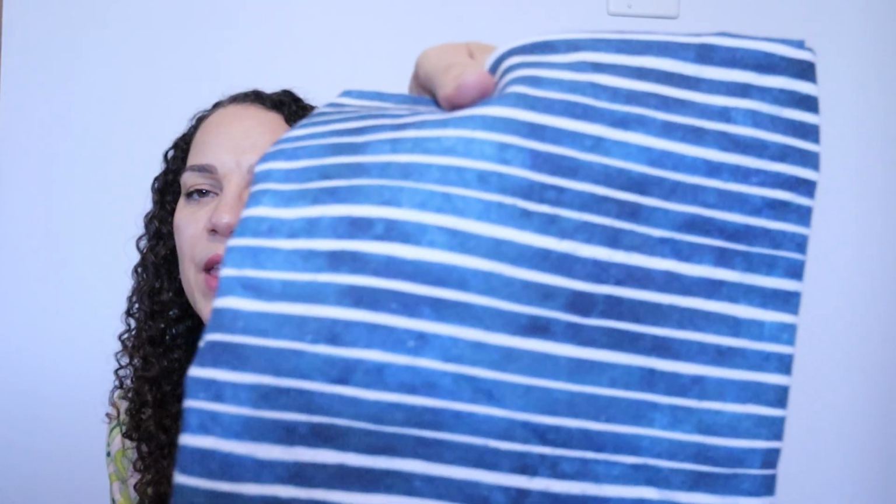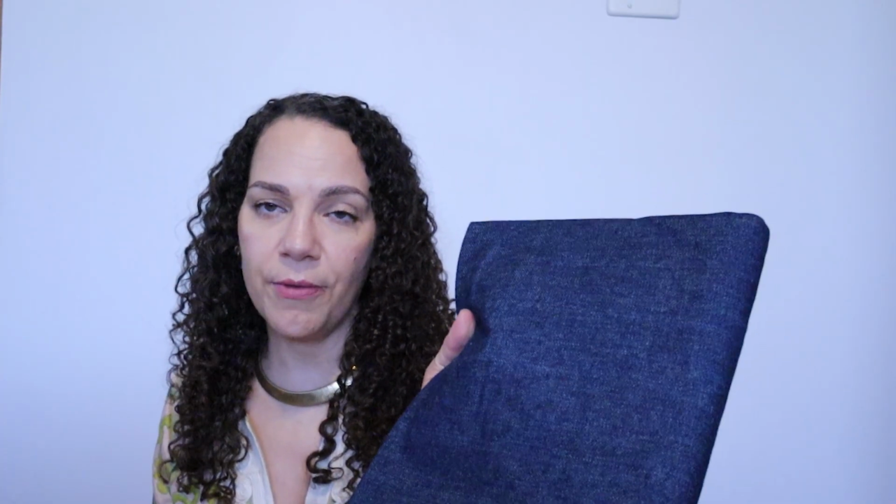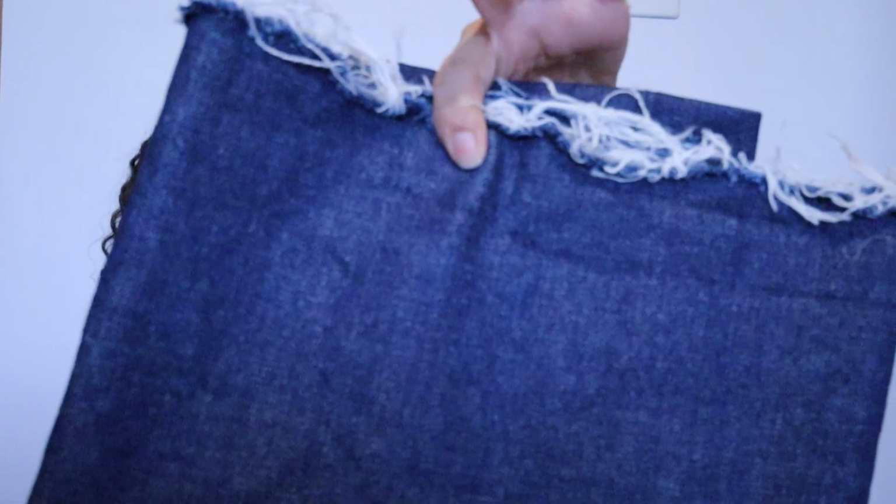Next, I grabbed some cotton, just striped fabric. This was just a remnant. It's blue and white. I thought maybe it would be cute as shorts, and it's 100% cotton. I also grabbed a little bit of denim. It's a lighter weight denim, a nice darker shade, and I thought it would be fun to make culotte style